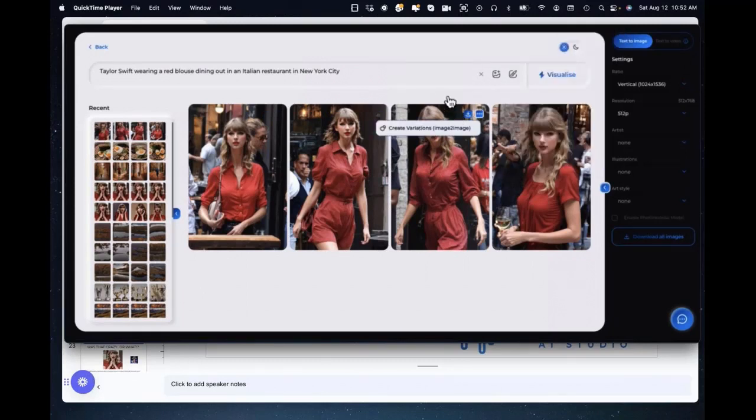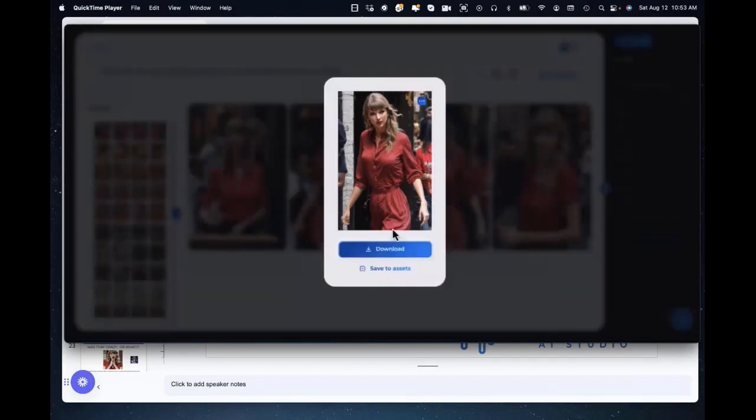Or I could also create variations of the same one. If you do that, create variations, when you click on it, what happens is it's similar to clicking this over here, where you can upload an image for it to be based off of. So it would create similar ones to the one that you see here if you do that and then visualize again. But for the time being, let's just click on this. Let's save it to assets. And of course, as I said, let's download it. I think I did already, but just in case, I'll click download again.